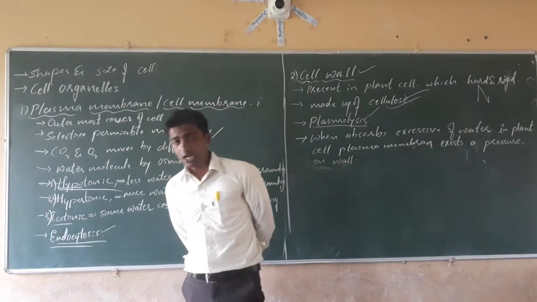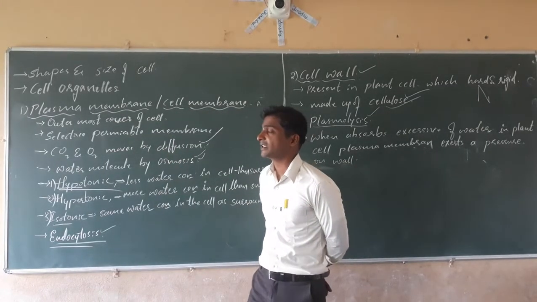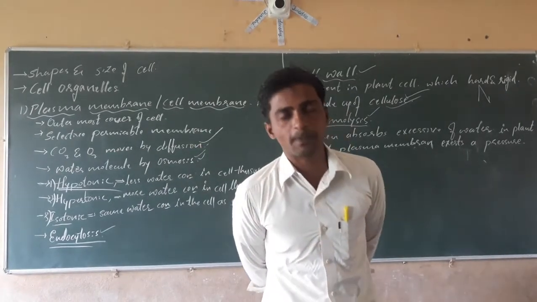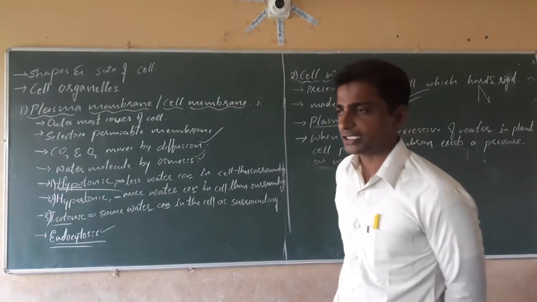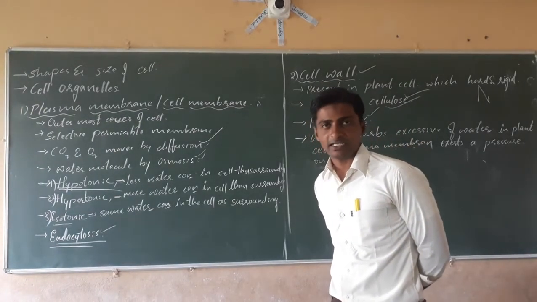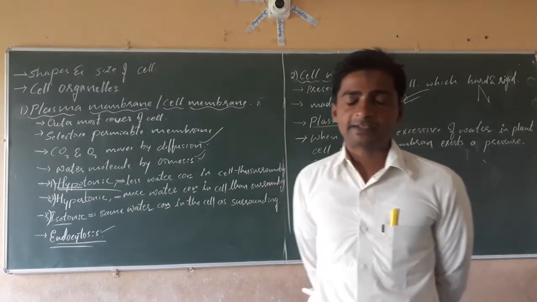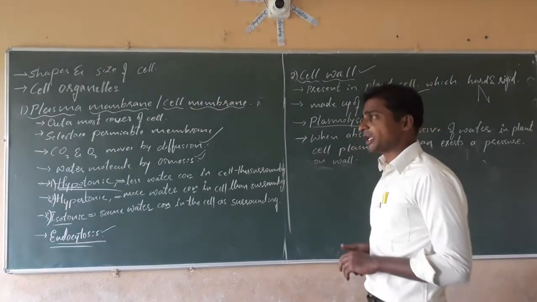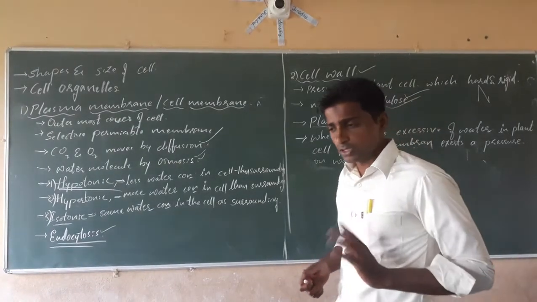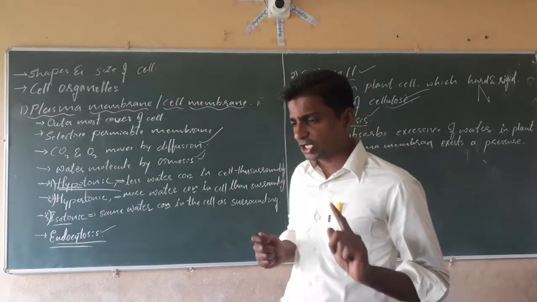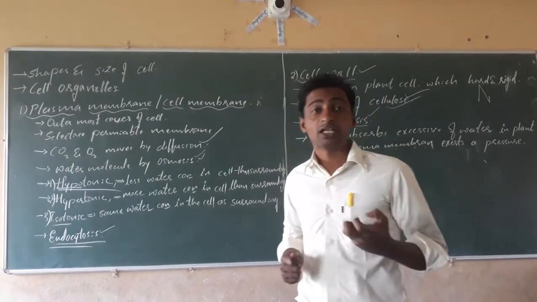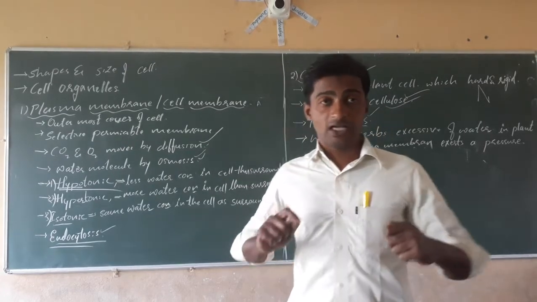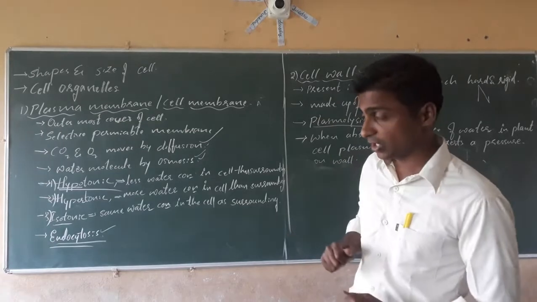Next, dear students, now we are going to study the shapes and sizes of the cells. Different shapes of cells are present in our body. Some cells are spherical in shape. Some cells are elongated or spindle shaped. Some cells are irregular in shape. Some cells are fiber shaped. The spherical shaped cells are present in the blood. The spindle shaped ones are present in the muscles. Irregular shaped cells are present in the bones. The elongated fiber shaped cells are neurons or the nerve cells.